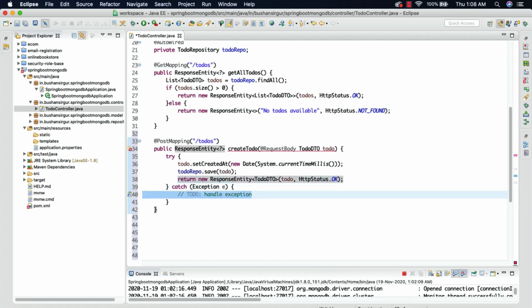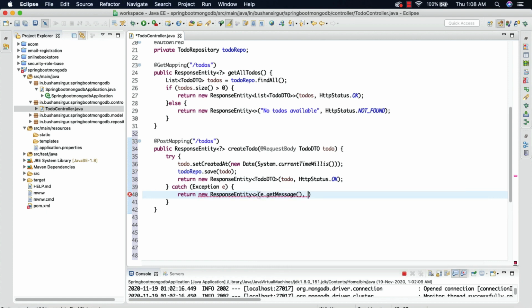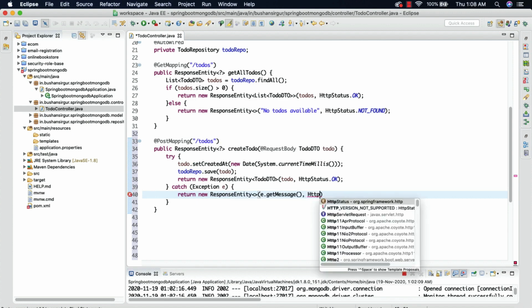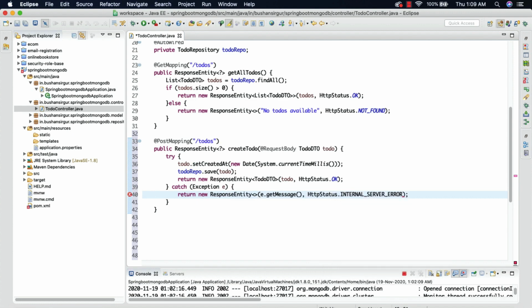And if something goes wrong, we return a new ResponseEntity with a status code of 500, with getMessage, and we pass the HTTP status INTERNAL_SERVER_ERROR. Alright, so let's save this.